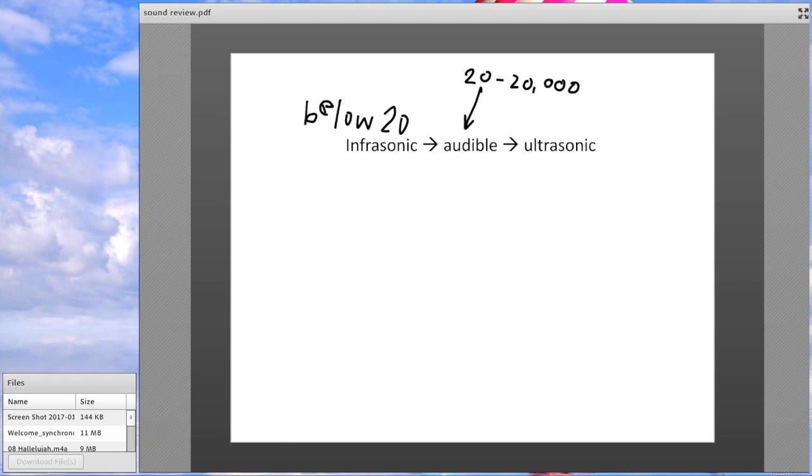And then ultrasonic is above 20,000. So sound above what we can hear is ultrasonic, and sound below what you can hear is infrasonic. You may have heard of ultrasonic before with an ultrasound. You don't have to be pregnant to have an ultrasound. You can have one because your doctor is trying to find a mass in your body, or, for example,